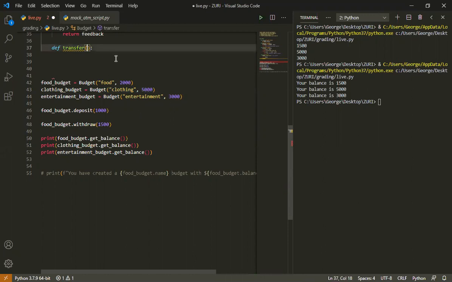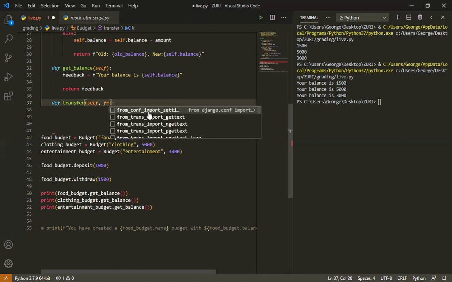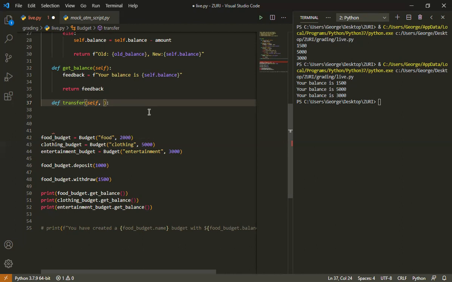So as usual, the first thing our transfer will take is self. Then how many other things should transfer take in? It should take in the budget we are transferring from and the budget we are transferring to. Now you can give these any name, but a name that you yourself will